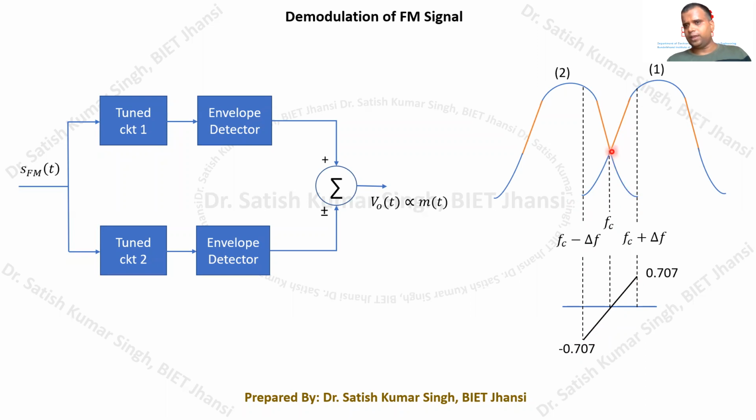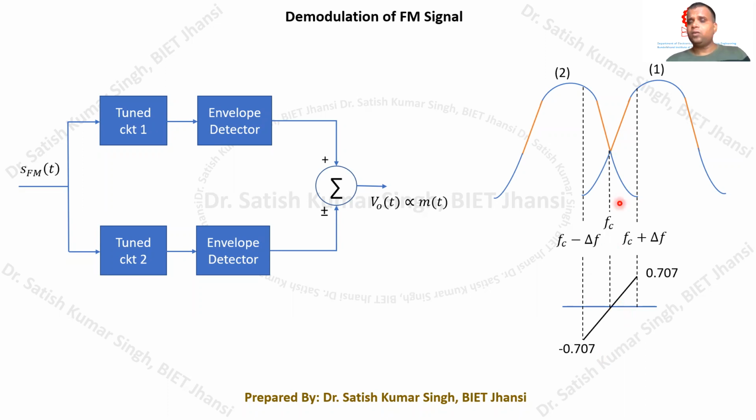whenever the frequency, as we go towards this direction, whenever f equals fc, the gain of filter 1 is equal to whatever the gain is, the same gain will also be offered by filter 2, or tuned circuit 2. So if we subtract the gain offered by tuned circuit 1 from the gain offered by tuned circuit 2, then at f equals fc, the gain will be equal to 0.